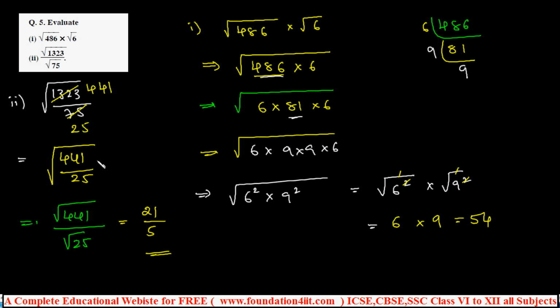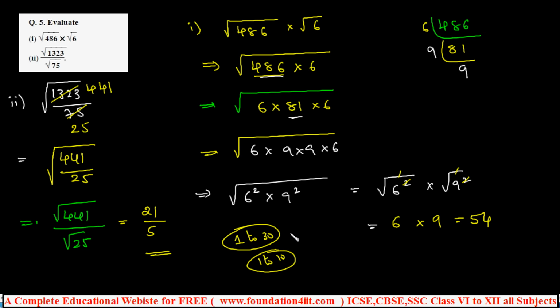So after cancellation, there are some problems where you can get directly to find out the square root. And just try to remember and learn some perfect squares and perfect cubes up to 30. For any competitive exams, 1 to 30 squares and at least 1 to 10 cubes. That means 1 square, 2 square, 3 square, up to 30 square values, and 1 cube, 2 cube, 3 cube. Because to remember this directly, square root of 441 is 21. If you don't know, what should we do? Again we have to go for prime factorization.